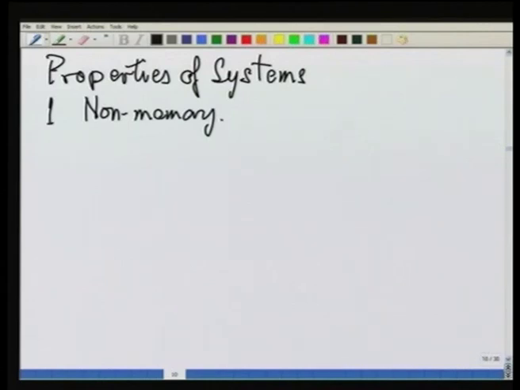A general system can do all kinds of complicated things to the input to produce the output. Each of these simplifying assumptions restricts the kinds of things that the input signal is processed by in order to obtain the output. Non-memory is the first of these. A system is said to be memoryless